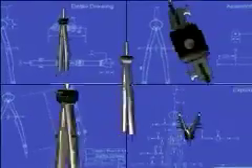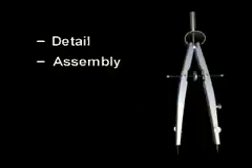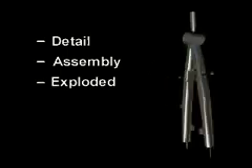There are many ways to view an object. Each view, and therefore each drawing, is an attempt to visually describe an object. Although there are innumerable ways to represent an object, there are 5 conventional ways of drawing: detail drawing, assembly, exploded,